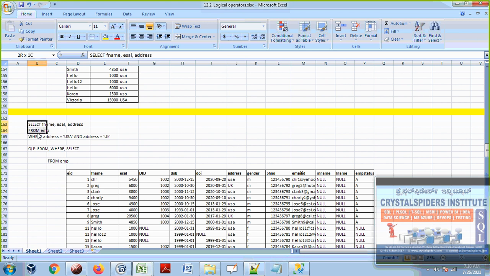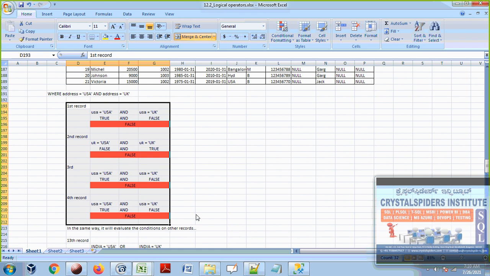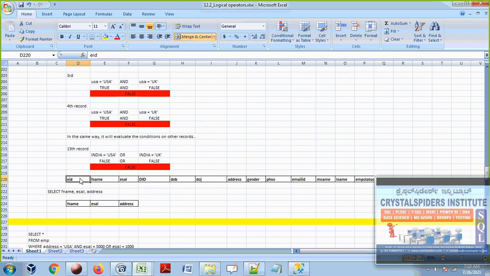As per the logic here, SQL Server is looking for employees whose address is both USA and also UK. How is it possible? It is not possible, right? So that's why it is not going to display any records. All these records return false for the conditions, so this is an empty set, and the select clause will show empty only.